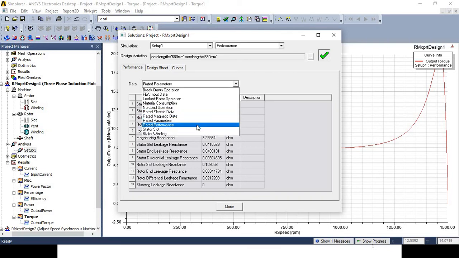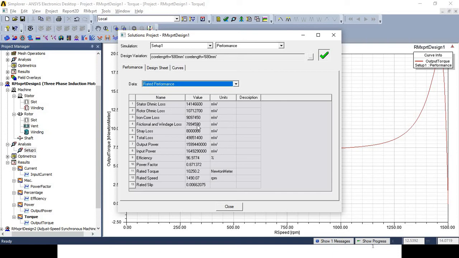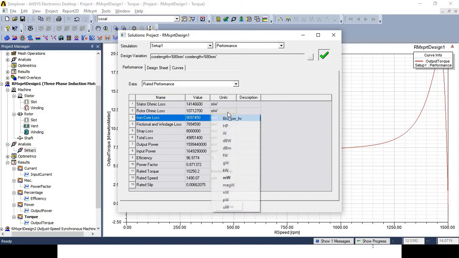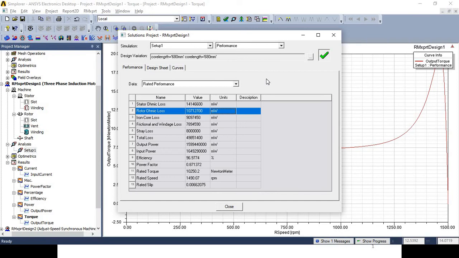Then rated performance. In this you will get the information about different losses as well as output, efficiency, etc. Stator ohmic loss is 1 crore 41 lakh 46,600 milliwatt. Rotor ohmic loss is 1 crore 7 lakh 12,700 milliwatt.